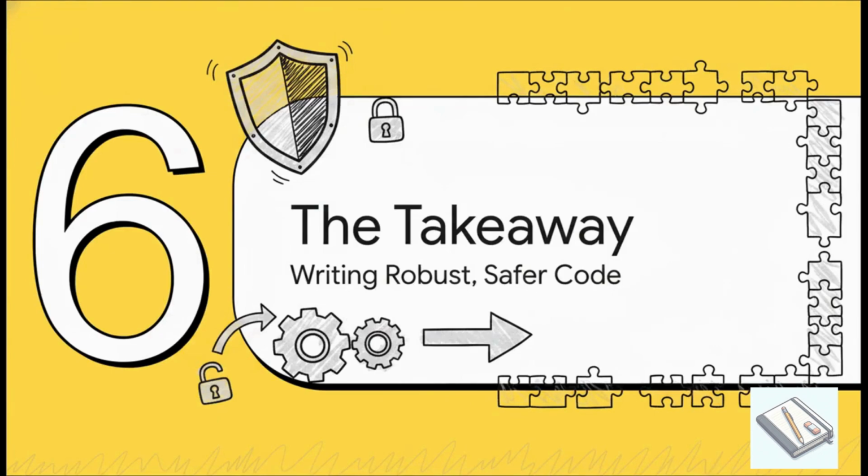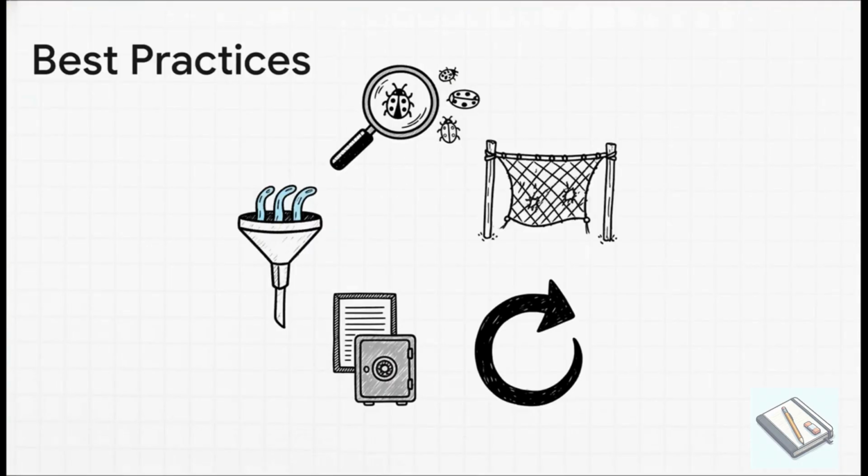Okay, so let's pull all of this together. As you can see, exception handling is about so much more than just stopping your app from crashing. It's about building software that's predictable, secure, and easy to maintain. So here are the key practices to live by. First, be specific. Don't use a sledgehammer like the generic Exception when you need a scalpel. Second, and I can't say this enough, never leave a catch block empty. Always handle the error. Third, if something fails, do your best to restore your program to a clean, safe state.